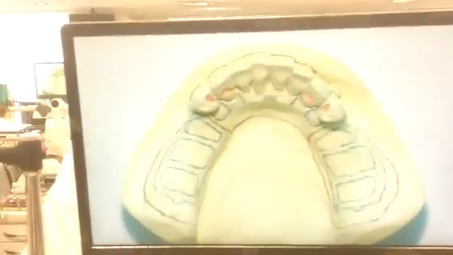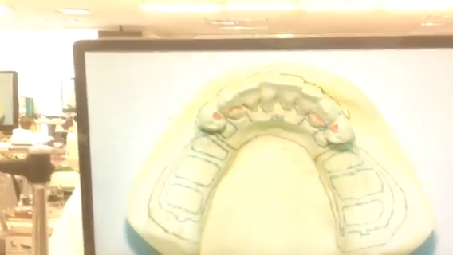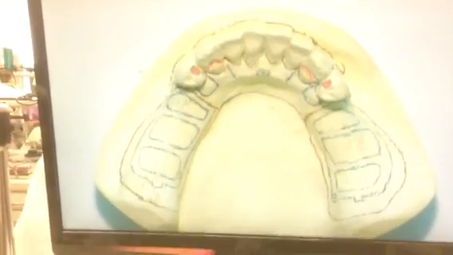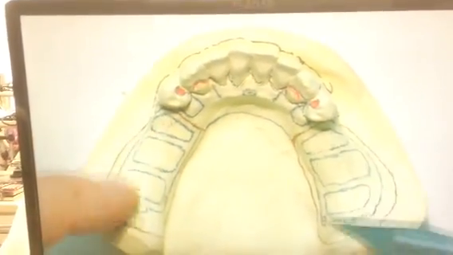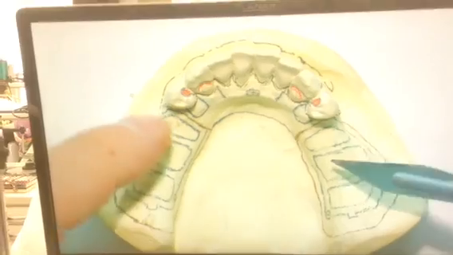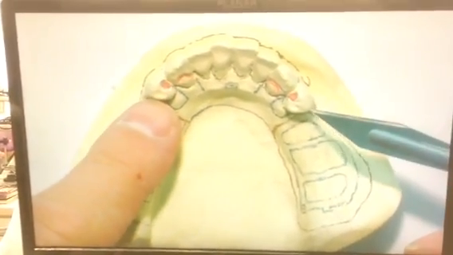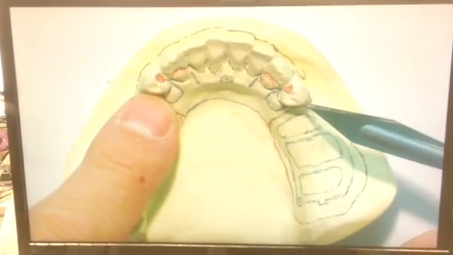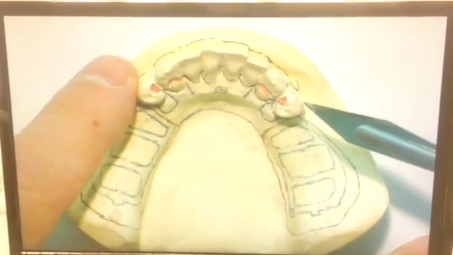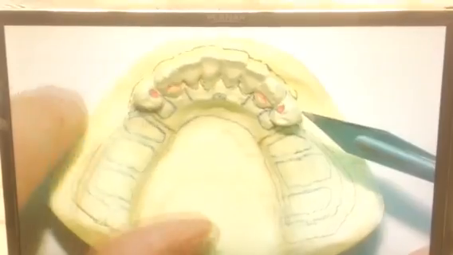So here, this is a class 1. So we automatically know on the extension sides, and in this case it's class 1, so there's 2, we're going to have a mesial rest and a distal guide plane. It's a given. And then we're going to have an I-bar unless it's contraindicated. The I-bar is going to be mid-buccal